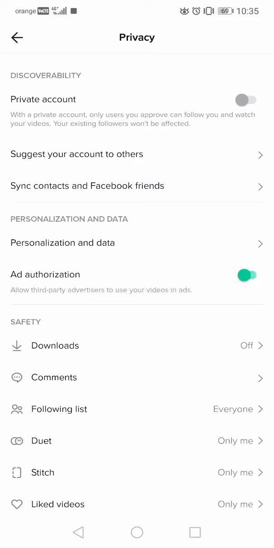If you turn this on, then third-party companies probably can download your videos and use your videos as their ads for free, which in some cases can make sense if you try to reach more people, and maybe you think that even if they don't pay you for your videos, it can grow your reach, probably, especially that